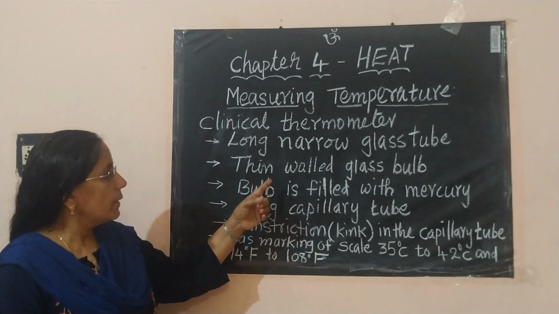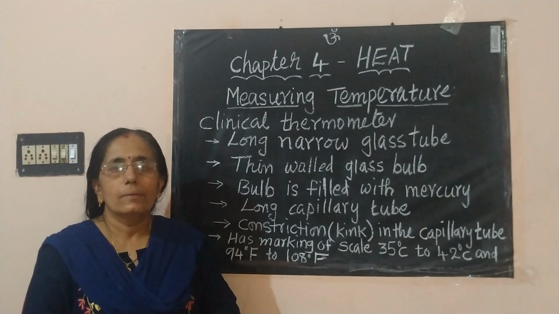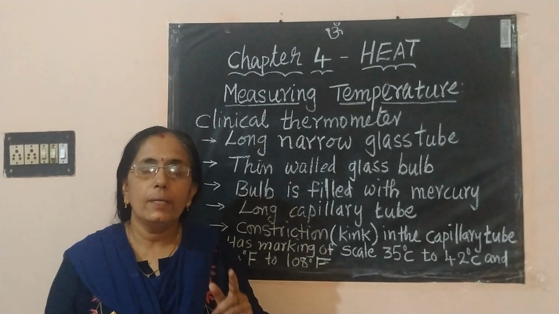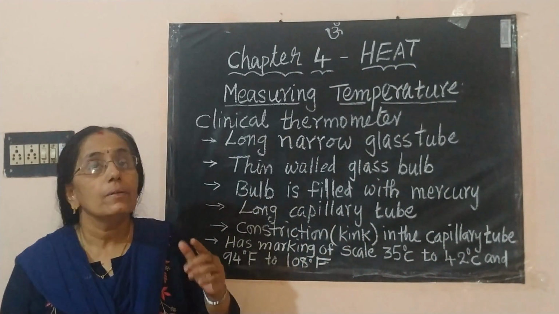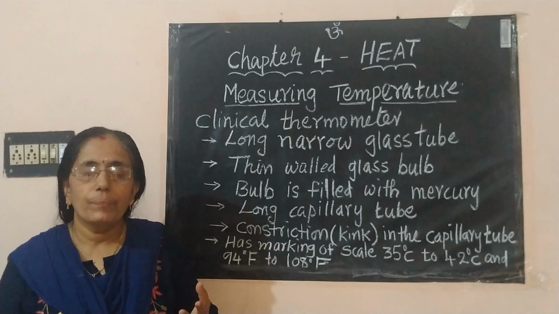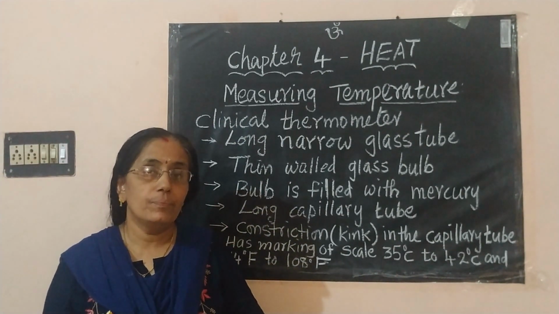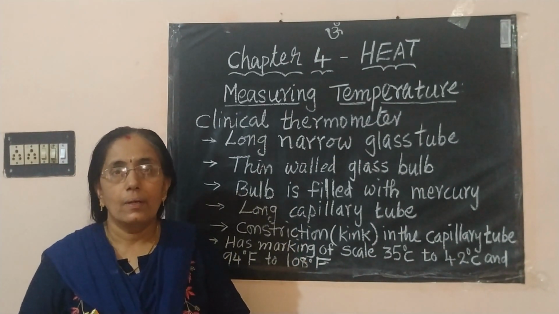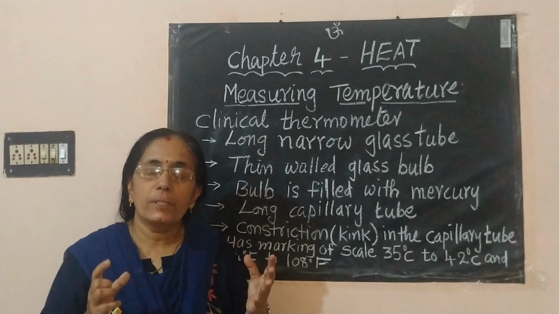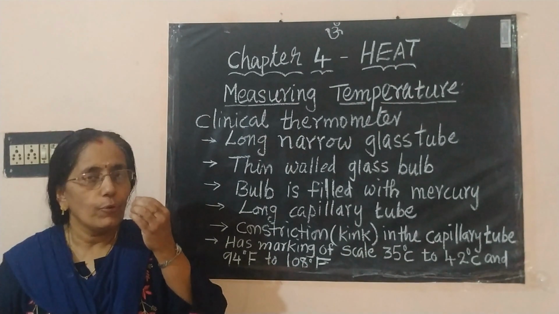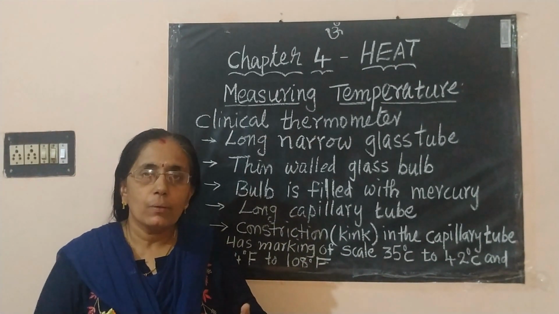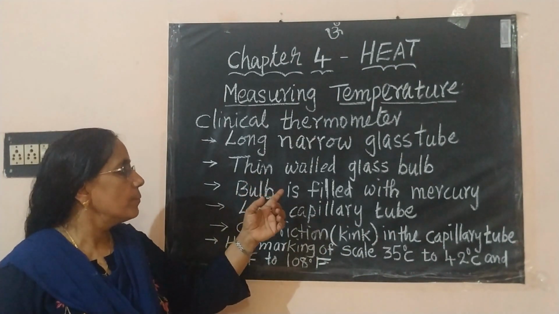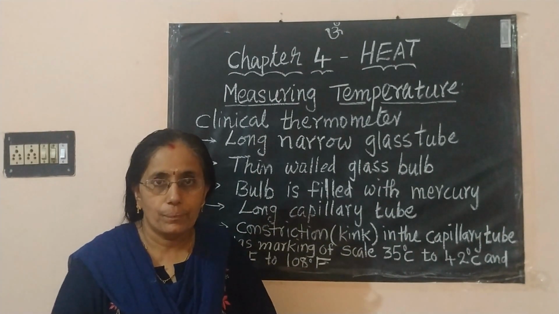Now, we are taking mercury for thermometer. Why only mercury? Mercury is the only metal at liquid state in the room temperature. Secondly, it has got a shiny silver color which will help us to see the temperature through the glass tube. And also, the expansion of mercury is uniform. That means for a small rise in temperature also, the mercury expands in the uniform way. For these three reasons, we use mercury in a thermometer.